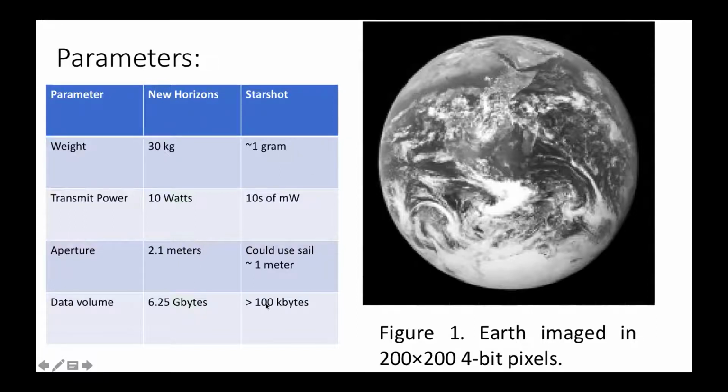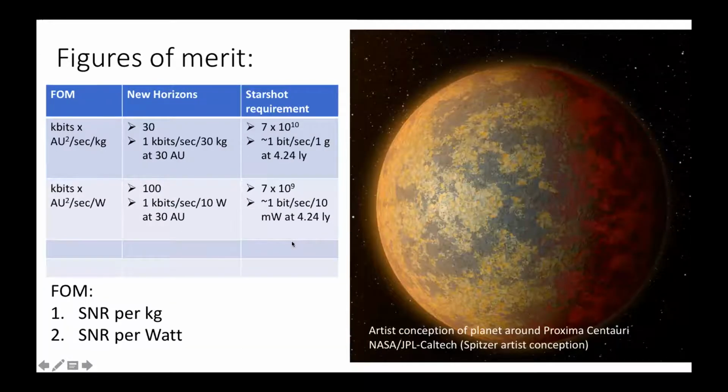For Starshot, we're looking at ideally about 100 kilobytes, so a lot less data, but also a lot less weight and a lot less power. We could possibly, if we can design something, use the sail if it survives the trip, of about a meter in diameter. But anyway,